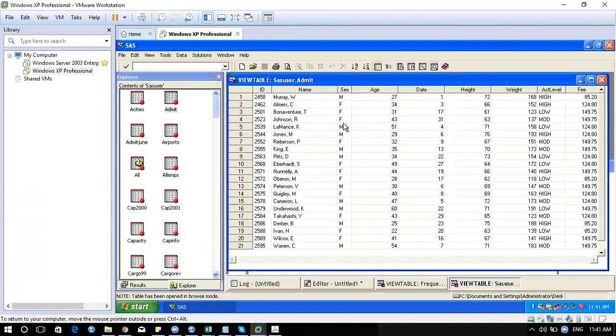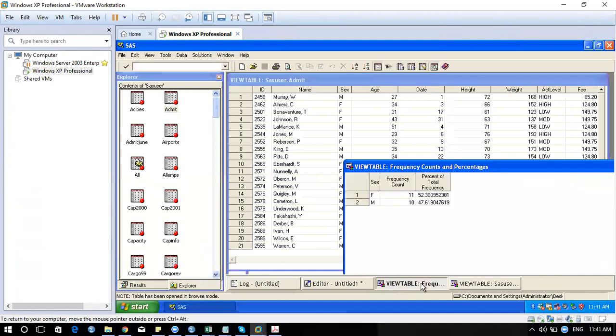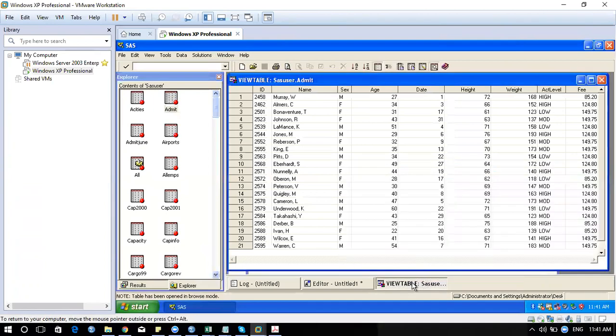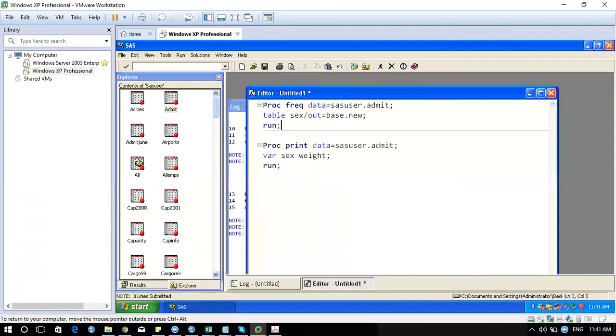So I need to divide it using a filter, which I can do through an if condition. The if gives you the option to use a keyword called output to divide the data into two parts.